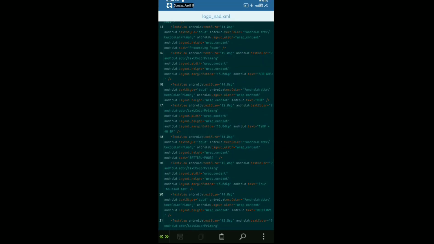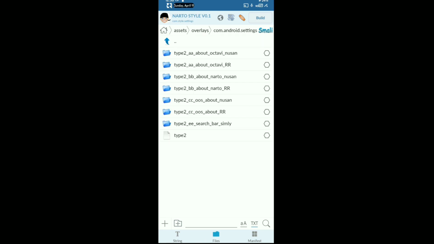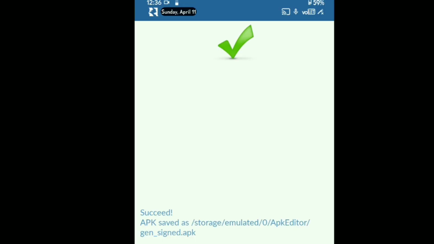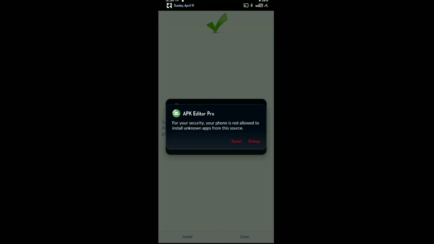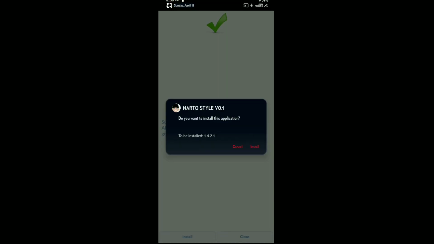So after you are done, make sure to save the file, otherwise it won't save. Then after that you are done, then you can build the app. There is nothing more that needs to be changed. So after that, hit the build button which is up on the top right corner, and the app will build. After the build is done, you will get a prompt like this where you will get the option to install or close. Then just install the app.